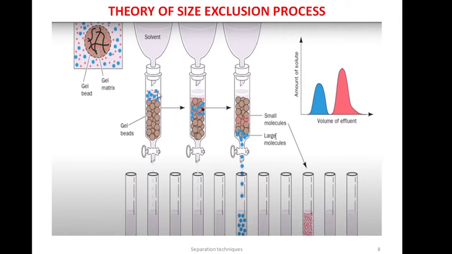When you look at the pores in this gel beads, check here, it'll look something like this, the gel bead. So the gel bead will be synthetic or natural. We shall see the types later on in this session. So these beads will have cross-linking like that of a coir.